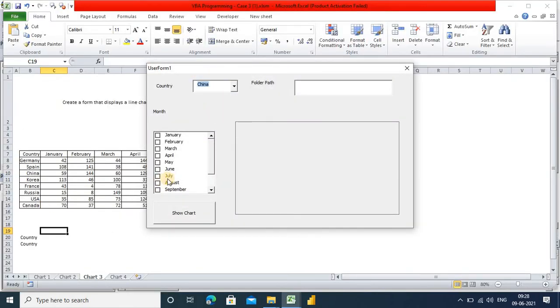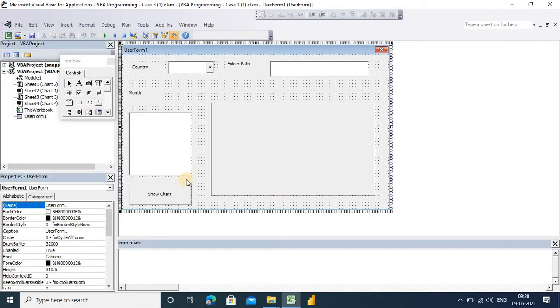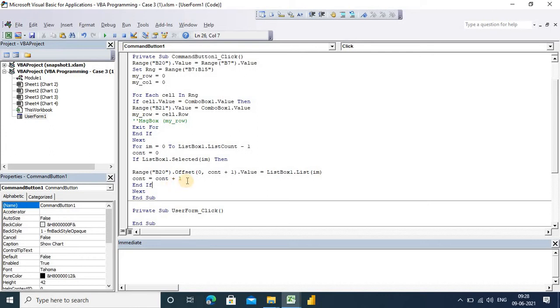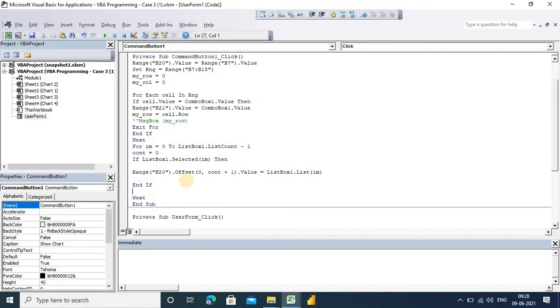You can see China here, April and July, right? Here you can see now it will change April and July, but now it's not taking the April. Similarly for May. Okay, so that is the problem in count. So now we'll have to call again here, one by one.